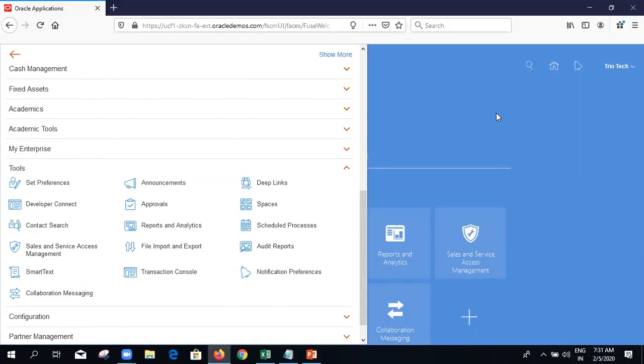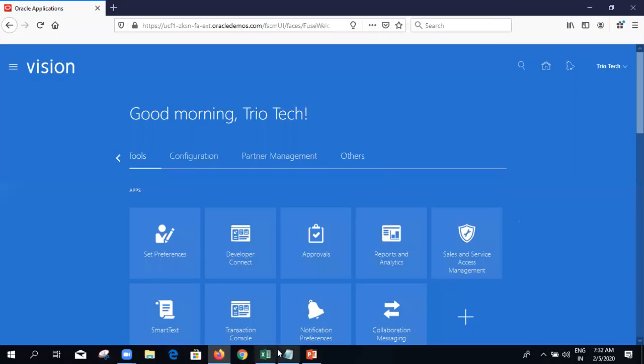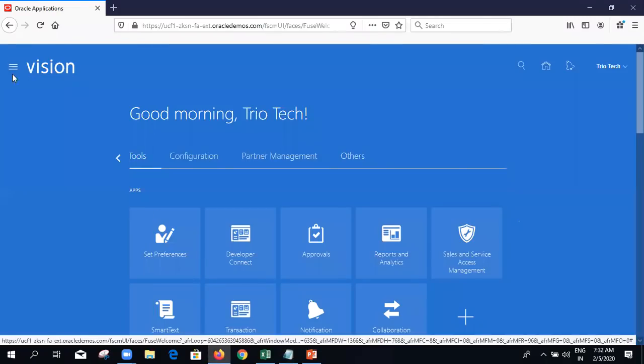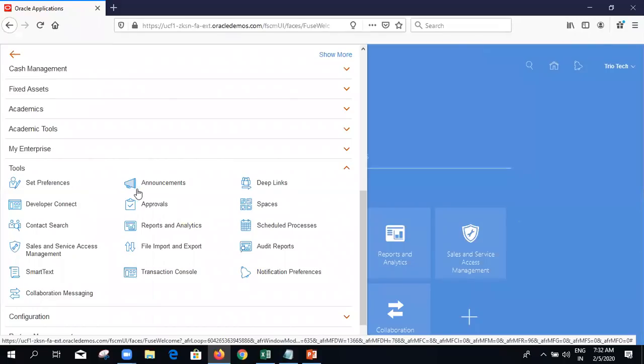So here there is one super administrative role, which is an important thing, that is the IT security manager role. Until and unless this role is attached to my user account, I will not get access to that security console.